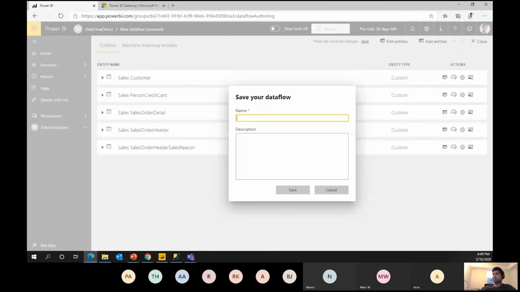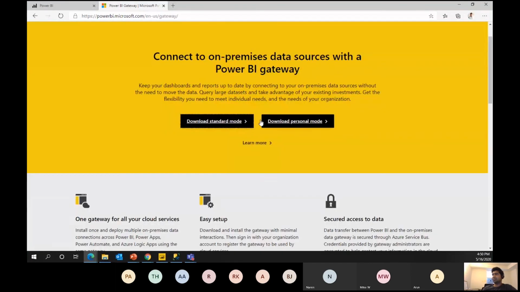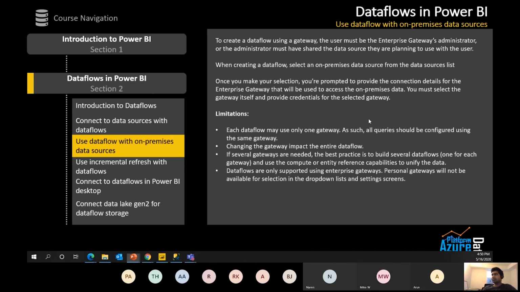Oh no, it is there. This one. So download standard mode and personal mode. The limitation is saying that you will not be able to use personal mode with data flow. So these are the limitations that you have to be careful with.